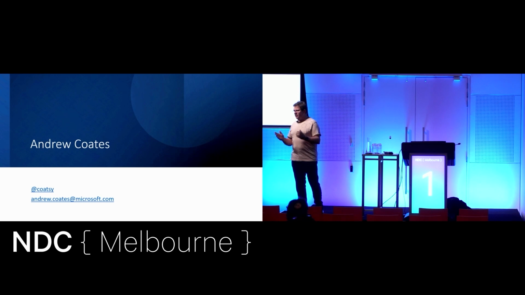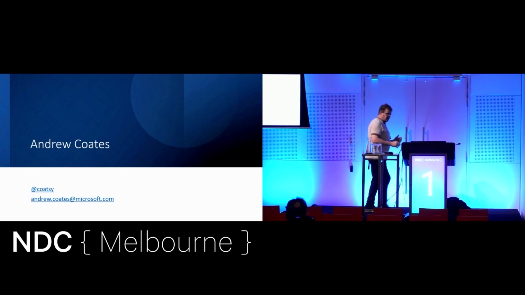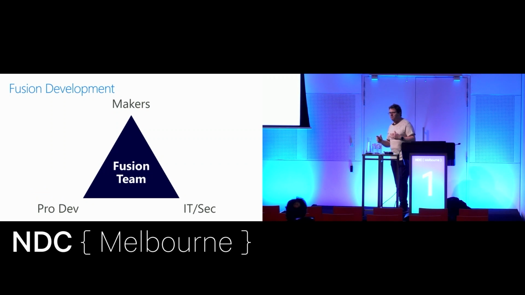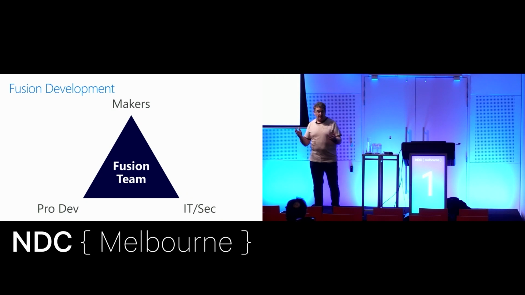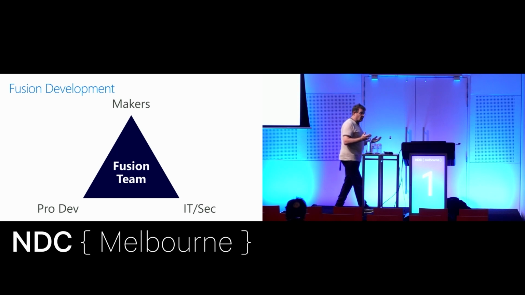Now, up until now, well, recently, we've had things like Access and Excel, and those have lived under people's desks, and we haven't really had any control over them as software engineers or as the IT infrastructure people, have we? But what we can do is start basically building a team of the engineers, the software engineers, the professional developers, the IT and security people, and also the people who are what I'd like to call makers, the people who are actually doing a bunch of this stuff, and provide them with tools that really give them an interesting set of opportunities and give us as an organisation a real opportunity to grow and to take advantage of that.